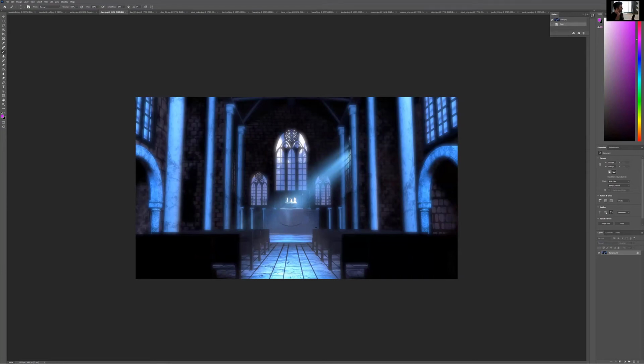Because what's happening right now, and we talked about this a little bit yesterday, but notice that these pillars are super bright and the area next to it is super dark. And what's happening is they're not living in the same lighting environment. So what we want is